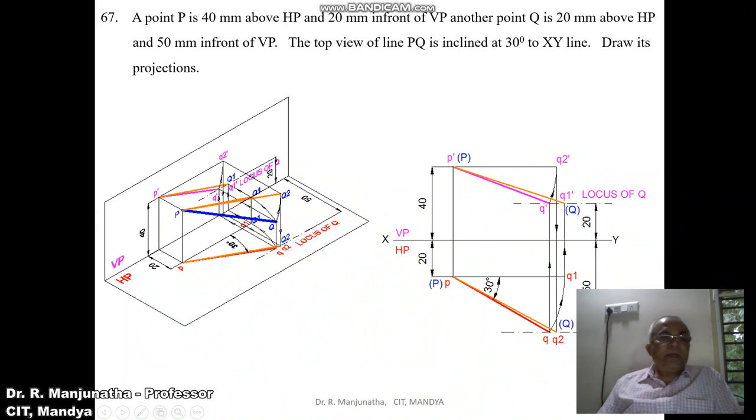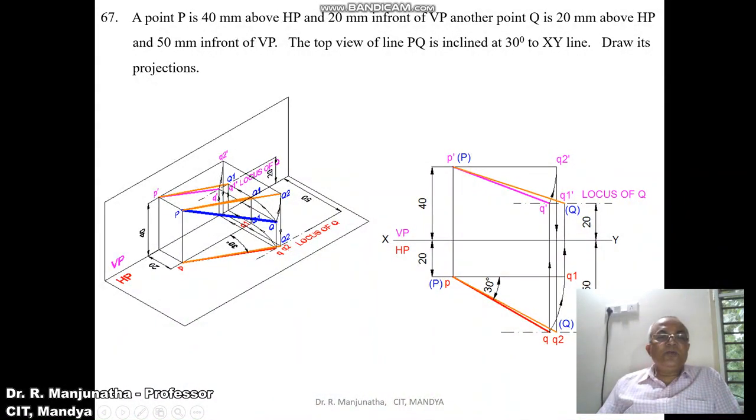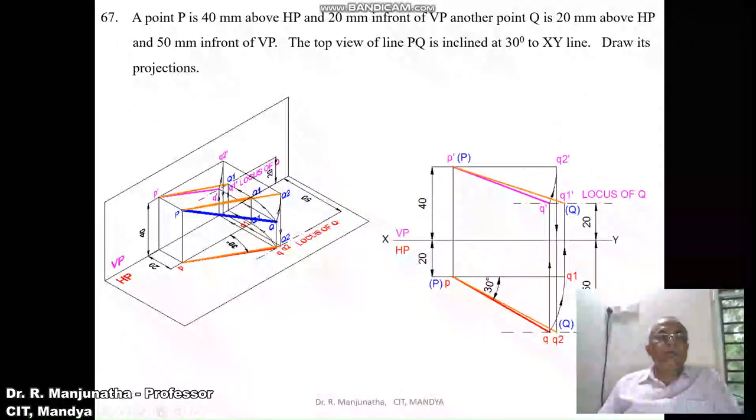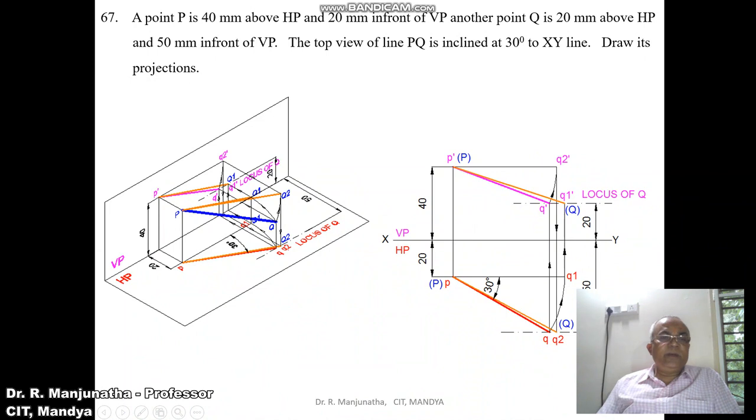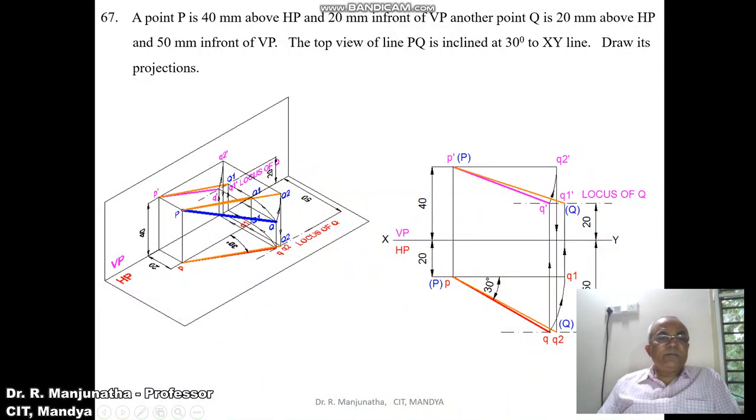So that means P is above HP by 40 mm. Q2 should also be above HP by 40 mm. So when you are rotating like this, when you look from the front view, that image is rotated here with P dash as center and P dash Q dash as the radius, you rotate it and make it parallel to HP. So you're going to get this Q2 dash, and when it is parallel to HP, its corresponding top view will fall here, that is PQ2, the line which will be in true length.